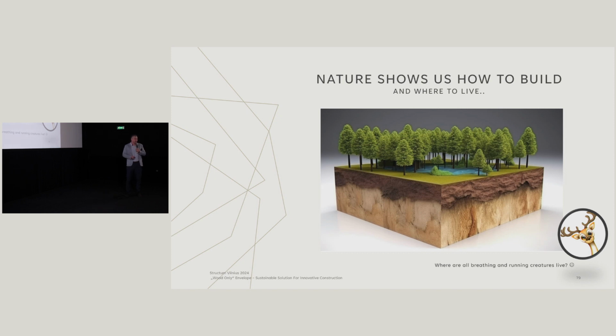Actually, it shows us the nature. If we look at the cross-section like that, we can see where all animals and creatures like to live, who has lungs and legs. So most likely they're spending